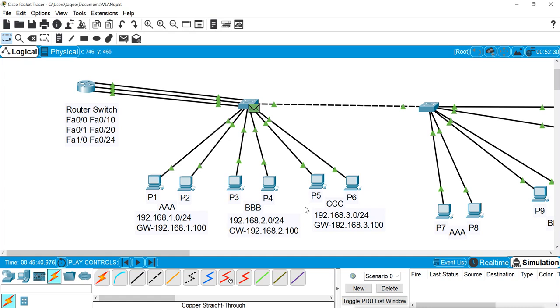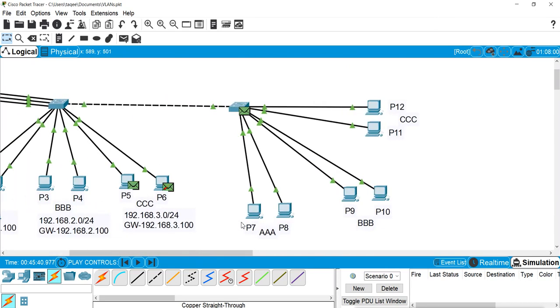Now remember, it is for PC5. So it is going here in the VLAN to all the machines. This one is dropping it because the IP is not for this machine, but this one is not dropping it because it is going to reply with its MAC address. The request is also going to this switch, because this switch is connected with the trunk link. So this side also has the same VLAN, and the packet will reach that machine also.